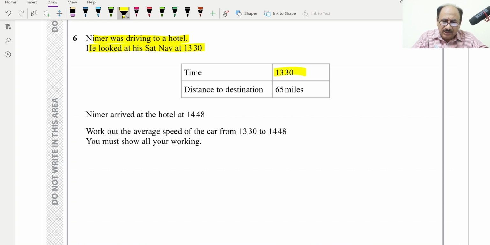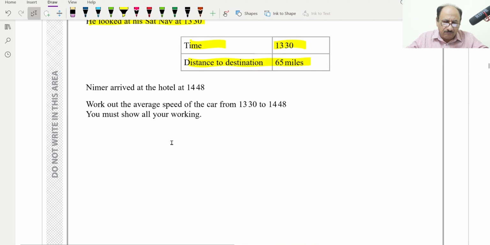Time is this much and distance is this much, 65 miles. Nimar arrived at the hotel at this time, and we have to work out the average speed. So first we have to calculate how much time it has taken. So time calculation we can do. The time taken is